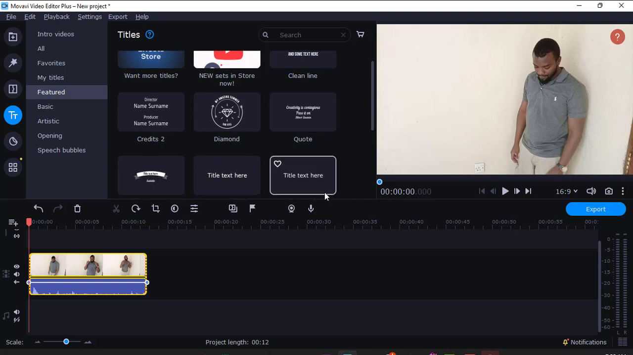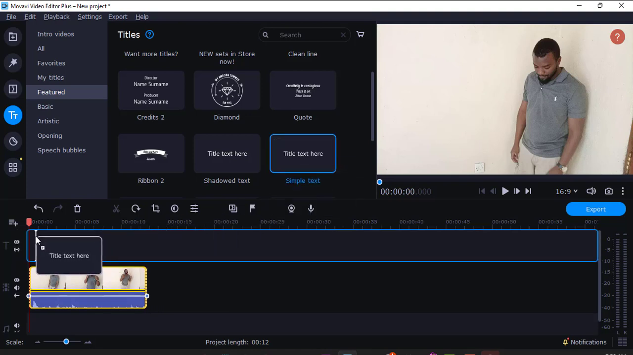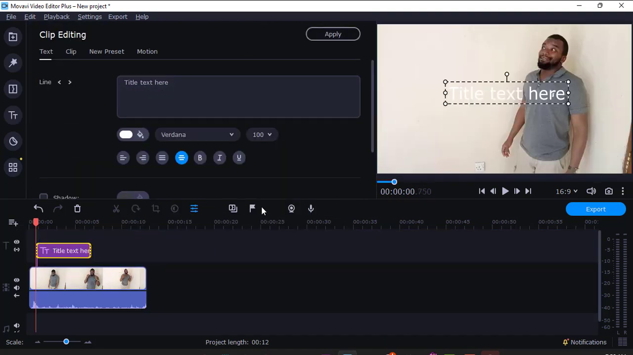I'm just going to use simple text. I'm just going to use this one here, simple text. I'm just going to drag it and drop it on top here, just like that. The next thing I'm going to do, I'm going to edit the text, maybe write track motion,